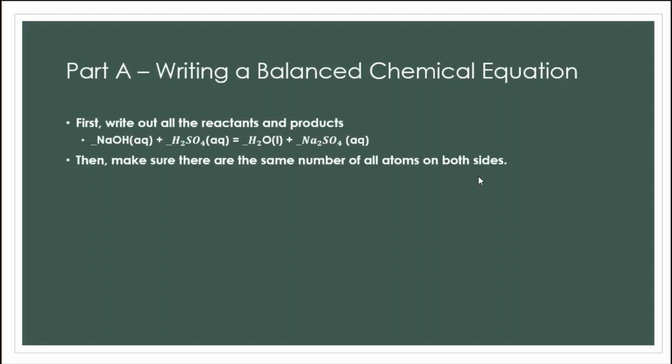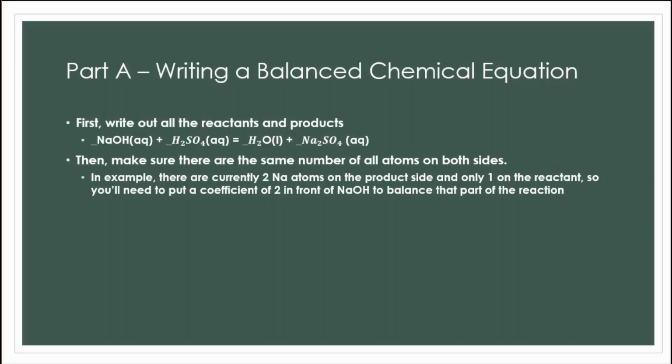Then we need to make sure that there are the same number of all atoms on both sides. For example, there are currently 2 Na atoms on the product side and only 1 on the reactant side. So you'll need to put a coefficient of 2 in front of NaOH to balance that part of the reaction. From there, it's relatively simple. You just check and see there are the same number of Na on both sides. You need to put a 2 in front of the H2O in order to balance the numbers of O's with the number of H's. There only needs to be 1 SO4 and then your reaction is balanced. So our final product here is going to be 2 NaOH aqueous plus H2SO4 aqueous equals 2 H2O liquid plus